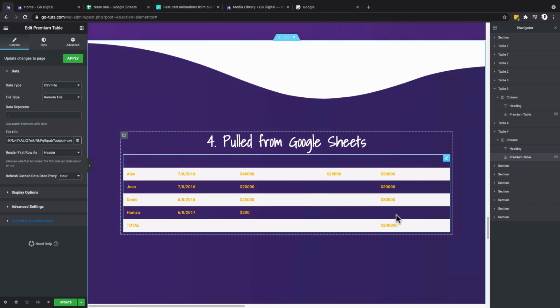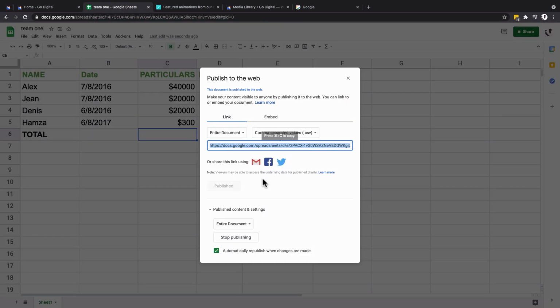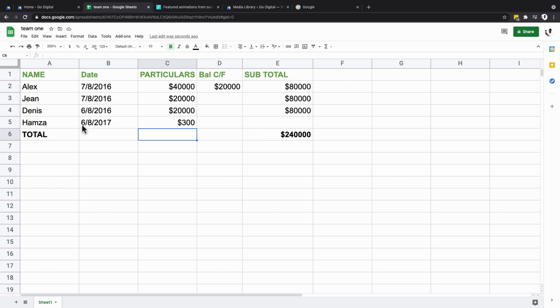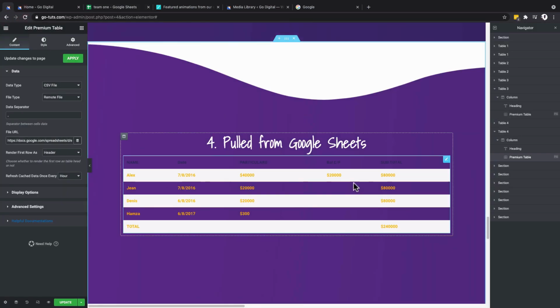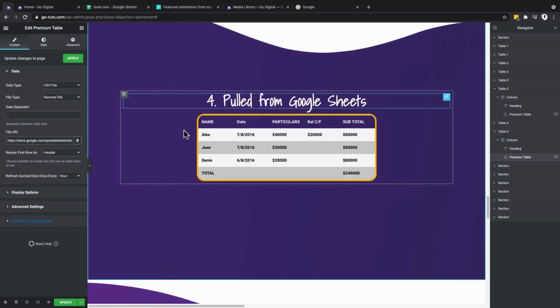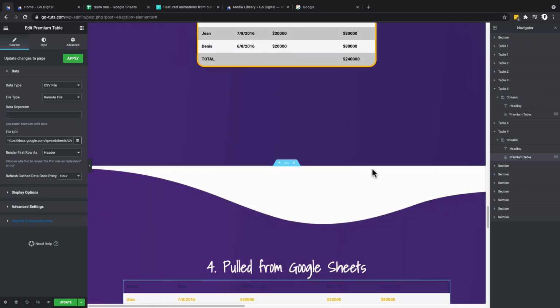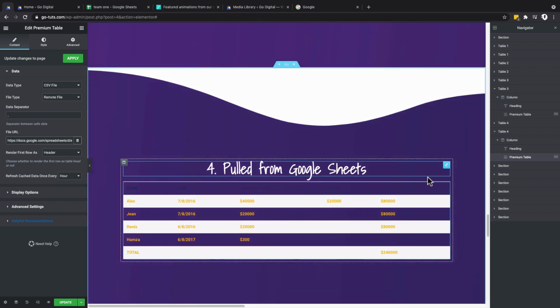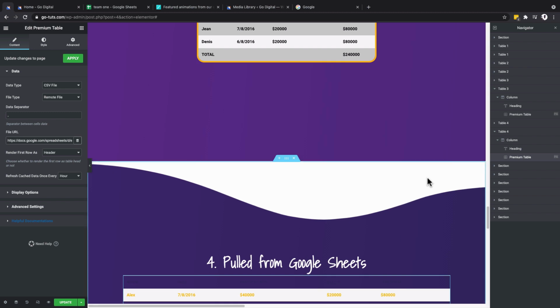You realize we don't have a total sum over here because that is what we set up in our table. Then now we can do the rest of the styling just like for the other tables. I can add a rounded border over here. I can make changes to our row columns and all that information. So over here I'll come,